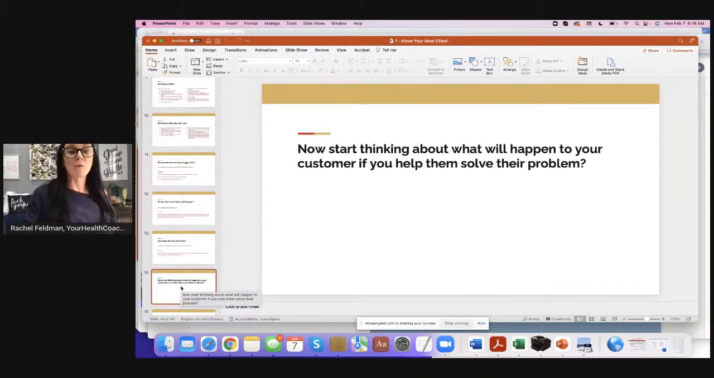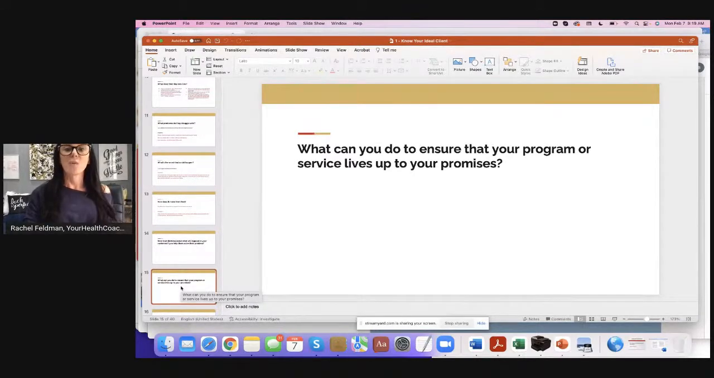Now start thinking about what will happen to your customer if you help them solve their problem. What can you do to ensure that your program and services live up to your promises? Now, guys, when you're list building, remember, we're thinking about not only what does Sally and your other avatars need, but I want you to focus on one avatar for right now. But I guarantee, actually, let me say that differently. I guarantee